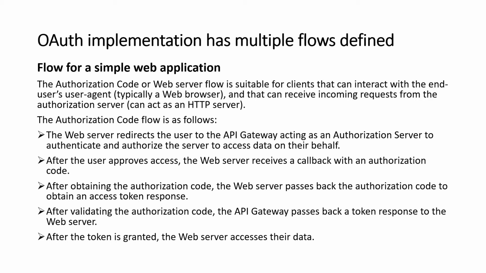So what happens in this? Now I will just give you a brief introduction first. The web server redirects the user to the API gateway. What happens when a user comes to your web application and clicks the login URL? In OAuth 2, it just forwards your URL directly to the authentication server. There, the user enters his user ID and password to the authentication server.